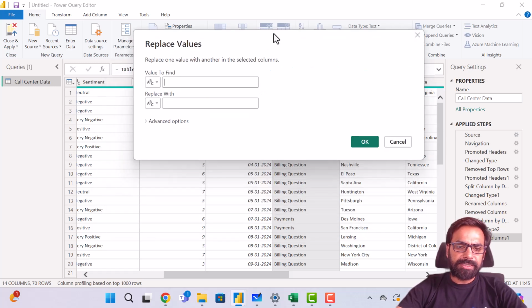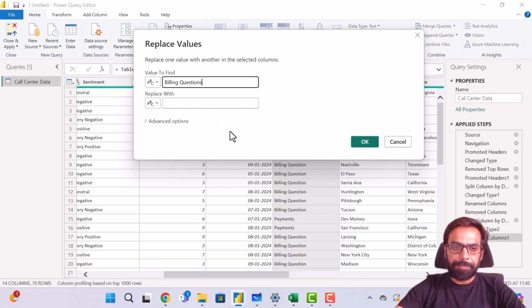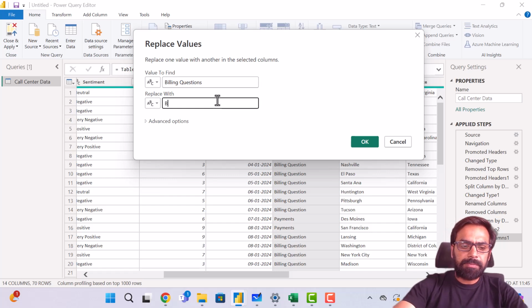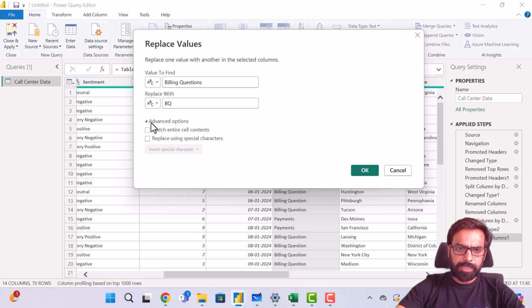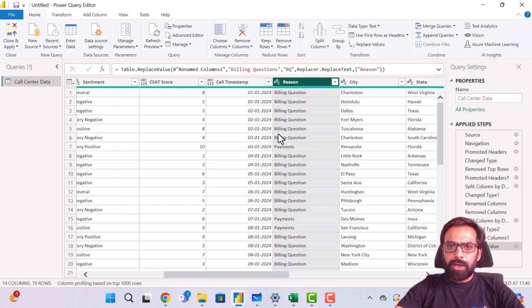I want to replace billing questions, and I'll say that this is my BQ. Now if I go for this and click on OK, let me see what the advanced options are. Okay, forget it. Right, if I click on OK, now the entire billing questions should have been replaced by BQ,